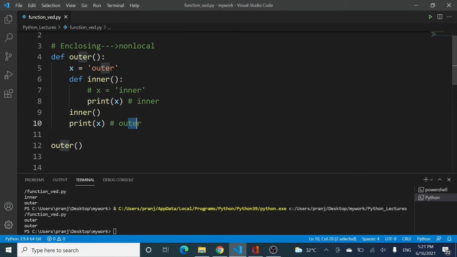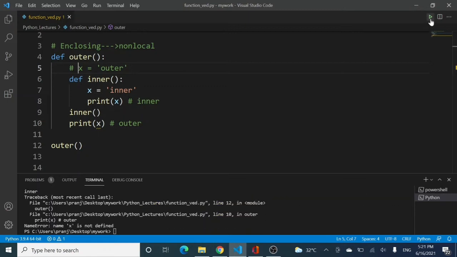So that is actually the scope, the enclosing scope, that you say. Now, next thing which I need to tell you is that the vice versa is not possible. So if I uncomment this x assignment and comment this outer x, and if I run the code, then you can see that you find an error that x is not defined, right? Because in this case you will be getting only inner printed once, but you didn't get the outer x, because this vice versa thing is not possible,